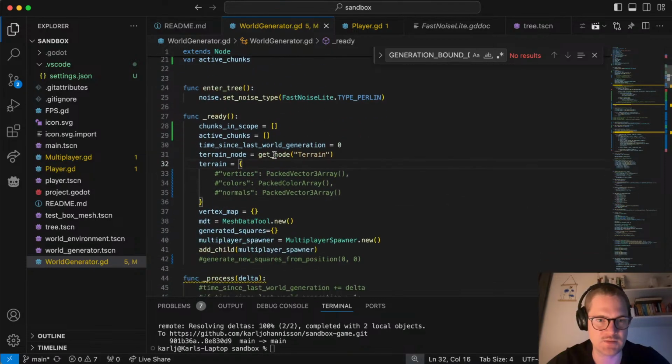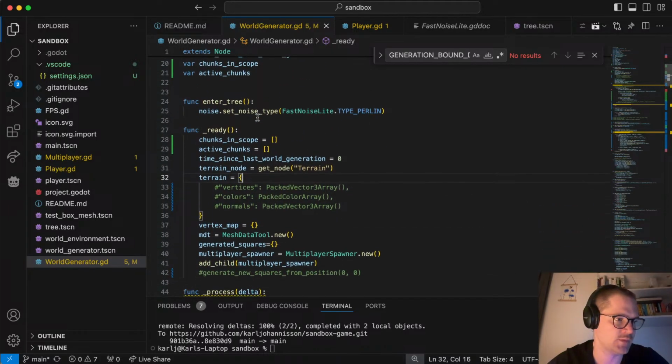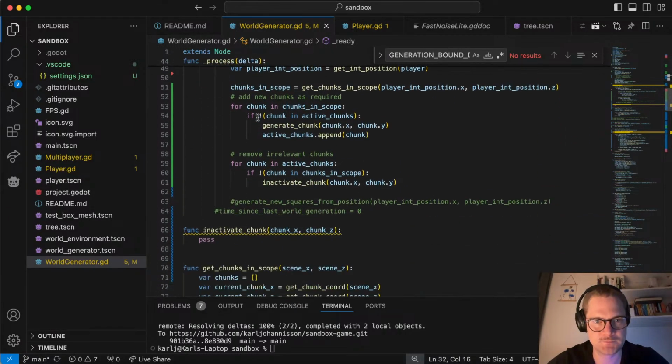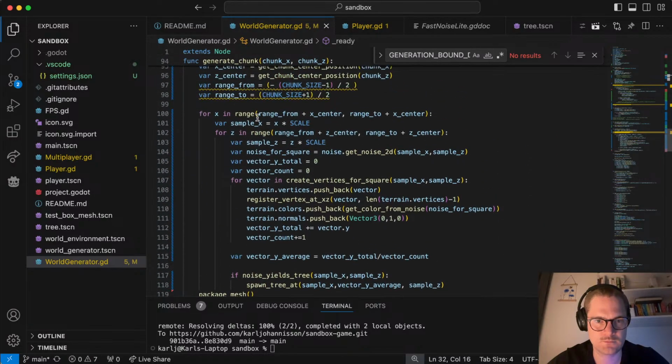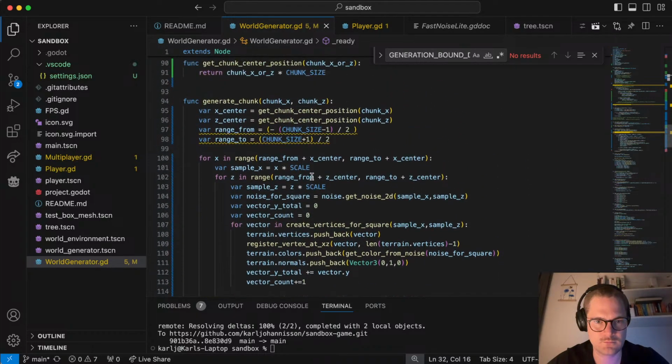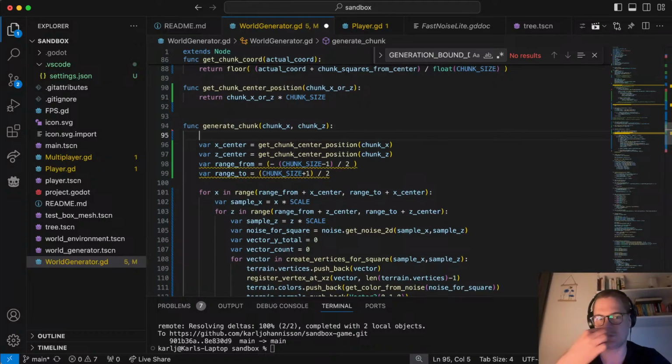But I still think it needs to be a global variable. So we can then do